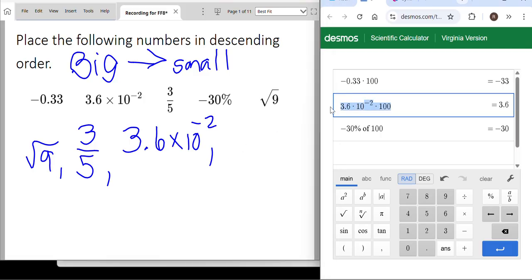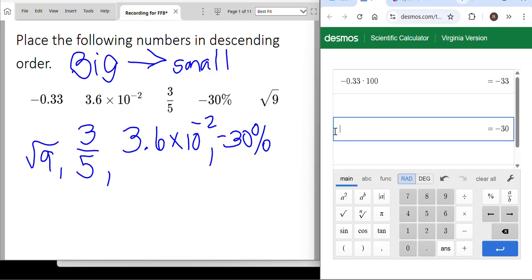And now we are at the negatives. Okay, which one of these is a bigger number? Well, it's negative. So negative 30 is bigger because it's closer to 0. And negative 33 is further to the left, which means it's smaller. So our 30% is going to go next, our negative 30%. And I'll get rid of that one. And then our very smallest number is the negative